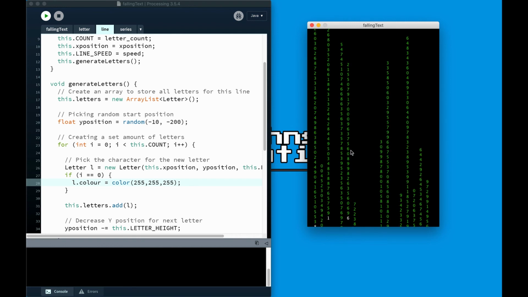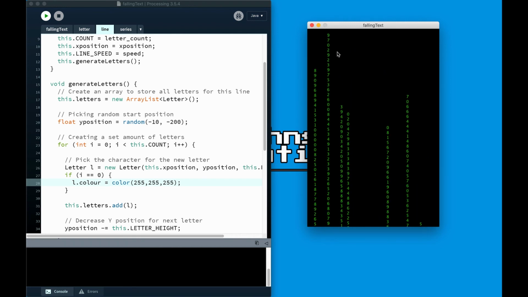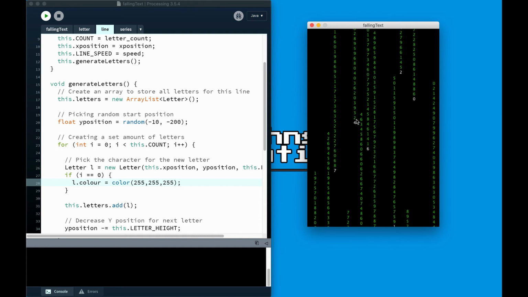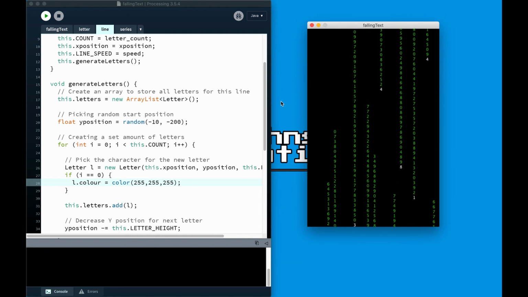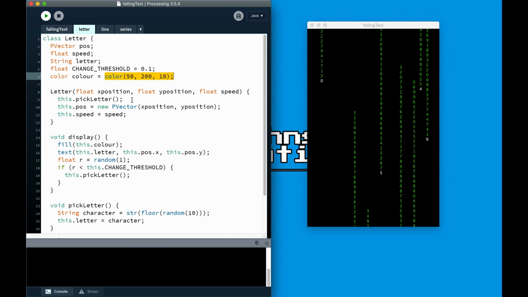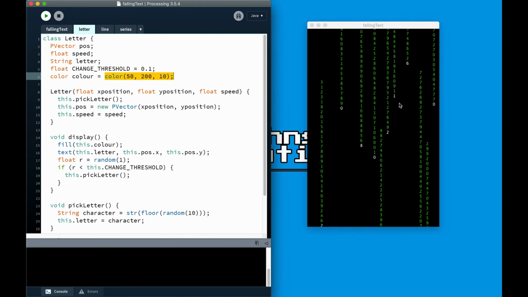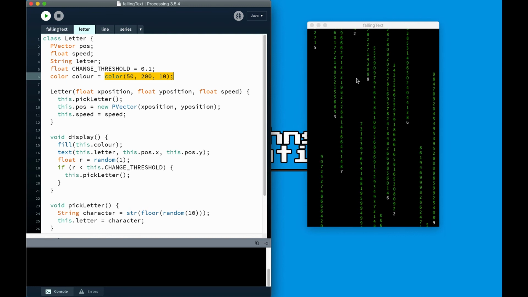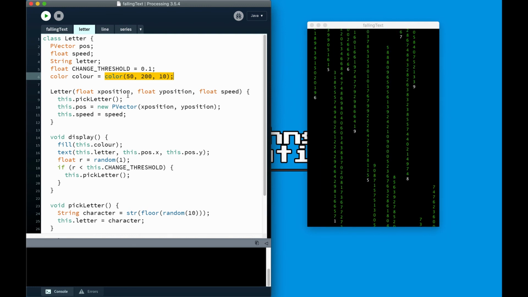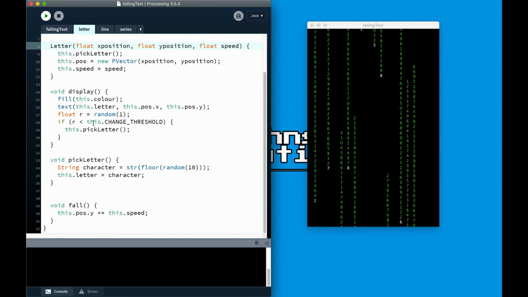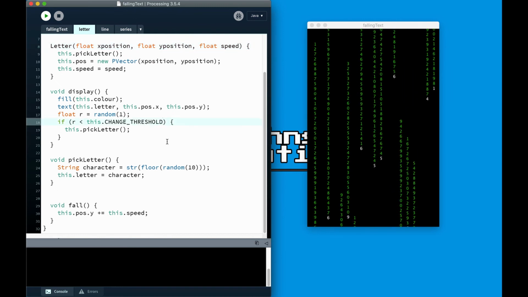Now, potentially what we could look at is maybe stopping those letters from changing so that they stay the same. That might be quite a nice little effect to add, so that the others are changing but these stay constant. I think it will give the animation a bit more robustness. So let's come down here. If r is less than this dot change threshold,